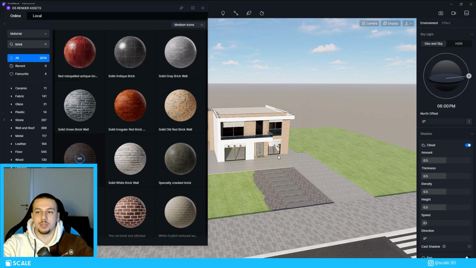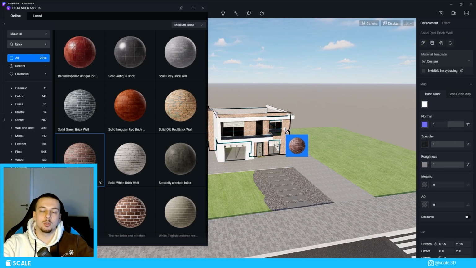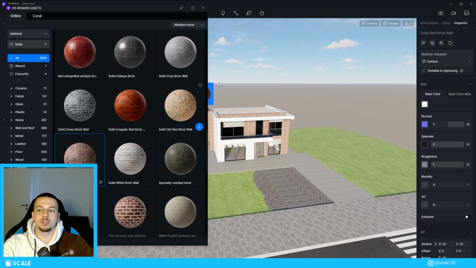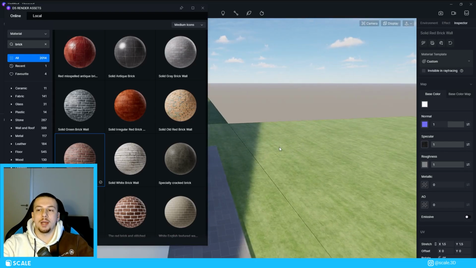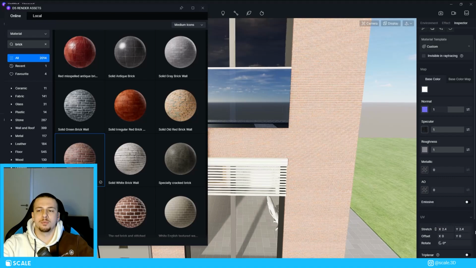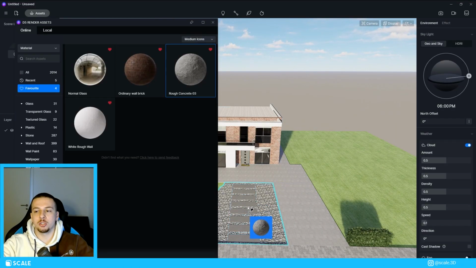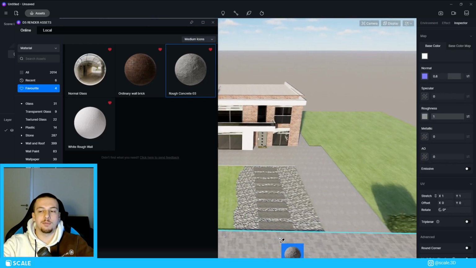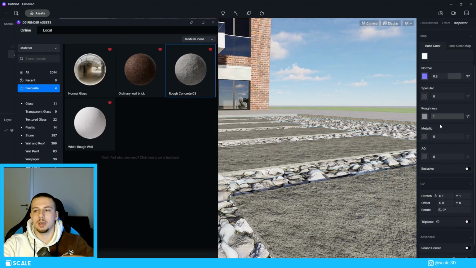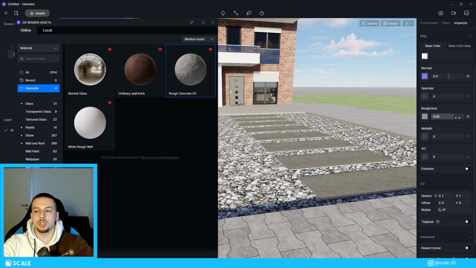use on D5 render. The first thing I did is I chose a brick material from a material library that D5 offers, which is great, by the way. You can find anything that you want to use, a lot of specific materials as well. I thought that the scale of the bricks was a little low for some reason, so I changed it up. And then I applied some concrete material onto the walking slabs of the landscape of the garden. I changed the normal map parameters and the roughness of it just to make sure that it looks as